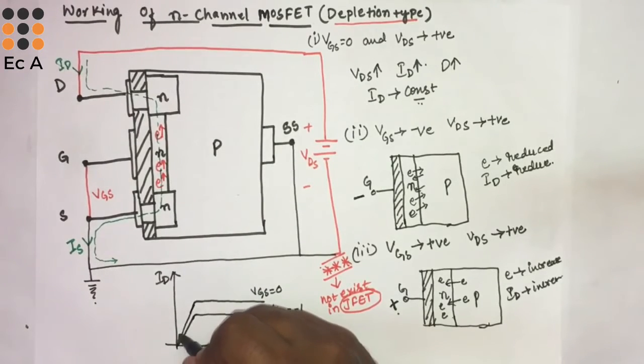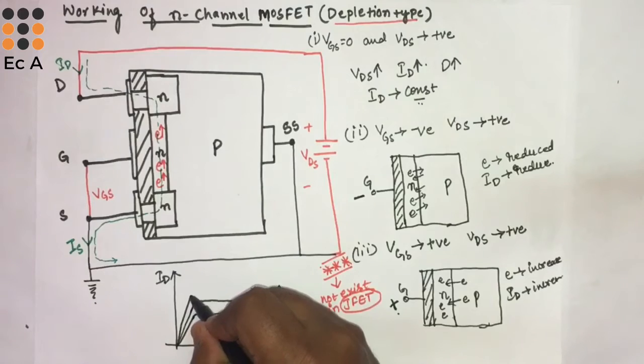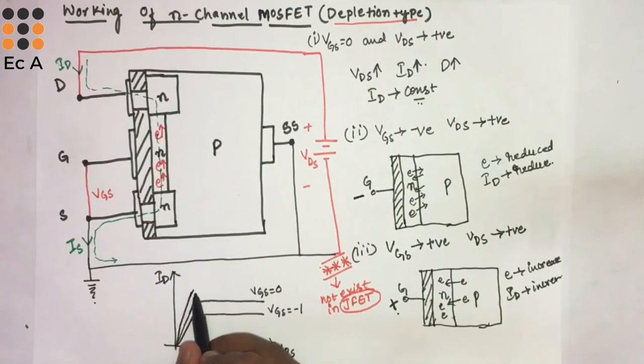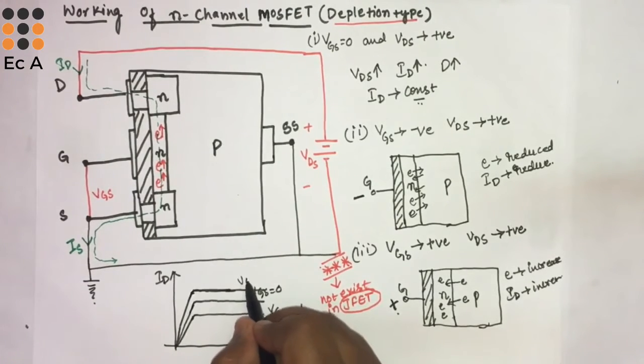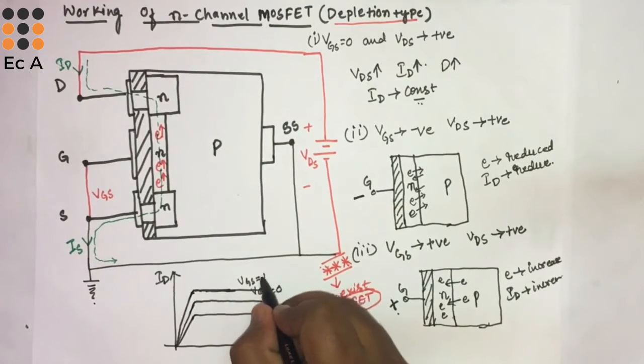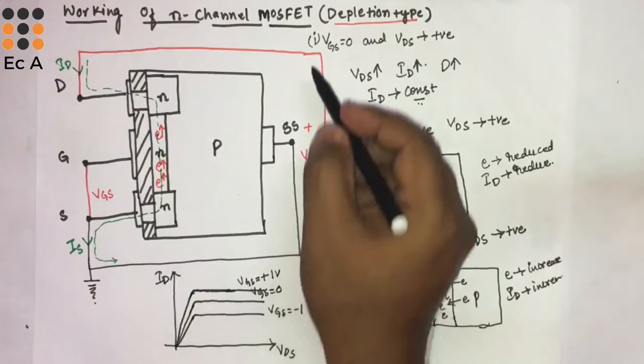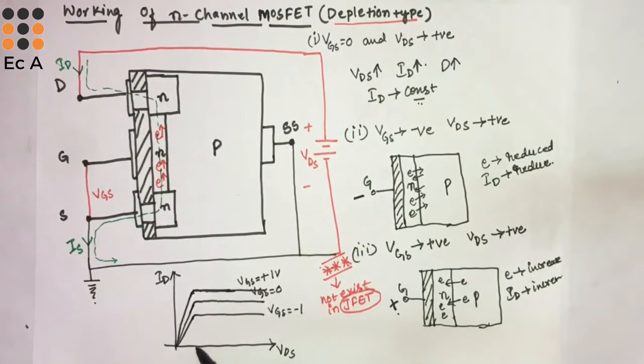So the characteristics will look like this. Current will increase linearly, and after some time the current will become constant for the narrow channel, and this characteristic is for VGS equal to some positive voltage. Let us take +1 volt. Hope you have understood all the three cases, and how the current increases and decreases in the depletion type of MOSFET. So these characteristics which we have drawn are the drain characteristics,